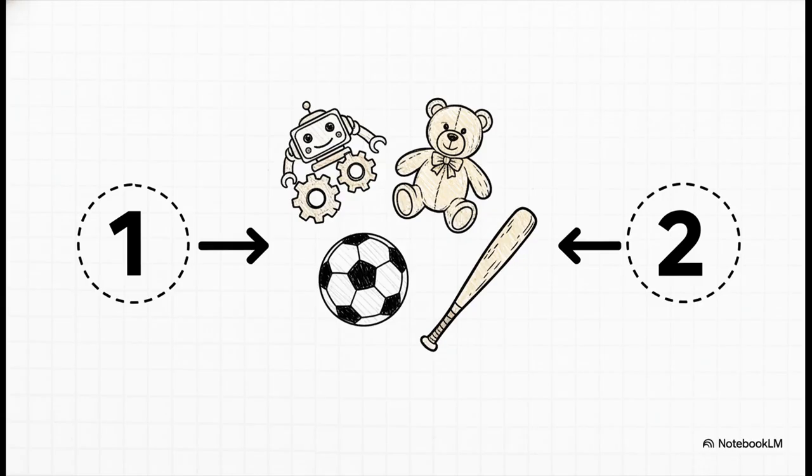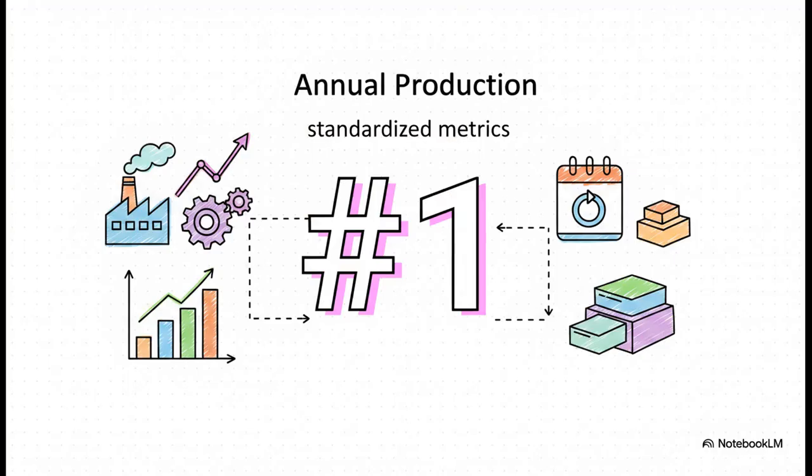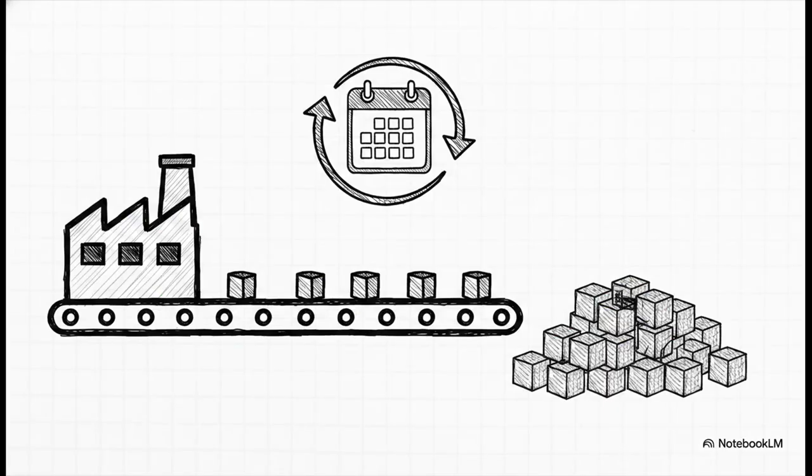All right, let's get specific and apply this to our example. For the toys and sporting goods industry, SASB points to two essential activity metrics, and these two little numbers can tell us almost everything we need to know about a company's scale. The first one, and it's the most fundamental, is annual production. This is exactly what it sounds like. It's just the total number of individual products a company makes in a single year. It is the most basic measure of a company's output, but it's incredibly powerful for giving us some much-needed context.